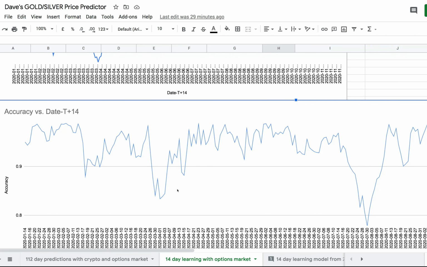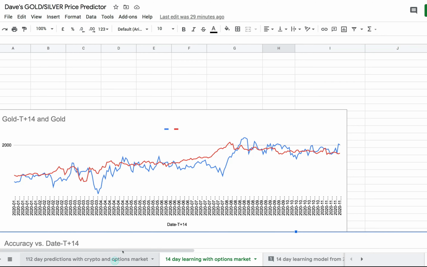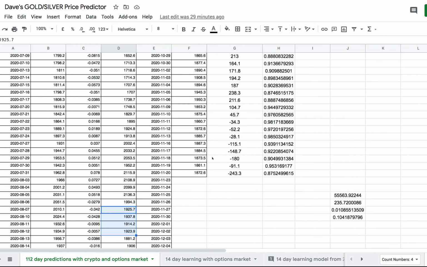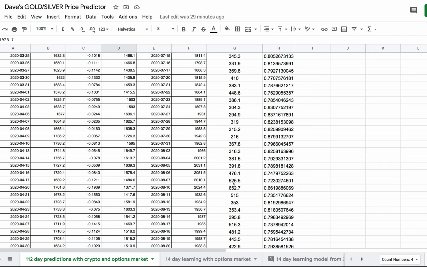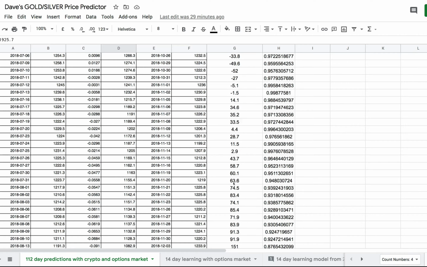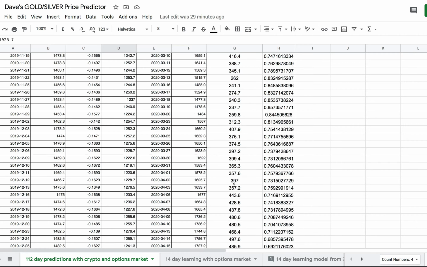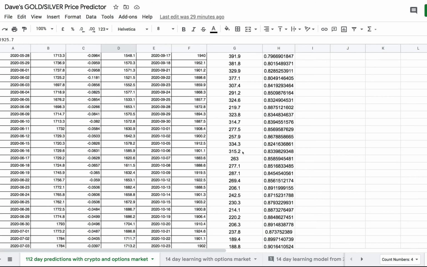But what if you try to extend it further? Let's say you want to make it into a 4-month predictor, right? Can it still work? I did that. I made a model to do a 14-day prediction. And what I noticed is it's, let's see, where did I put that model? Nope, it must be on the very top.